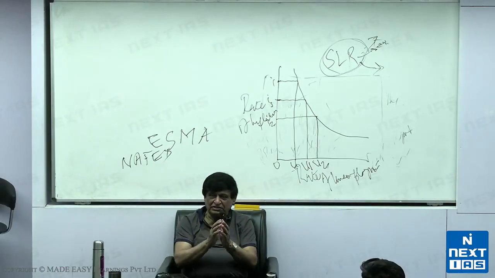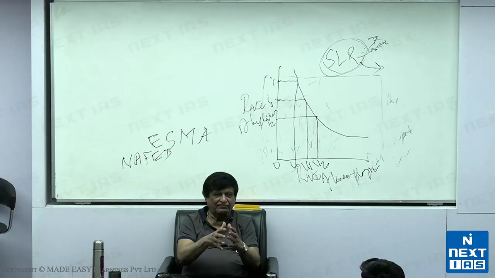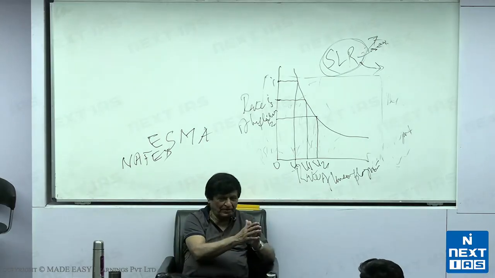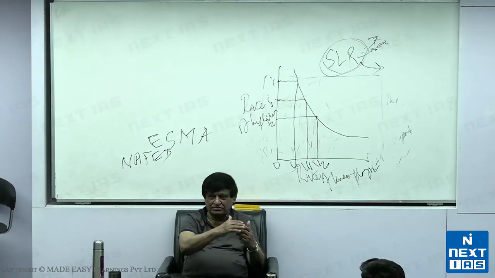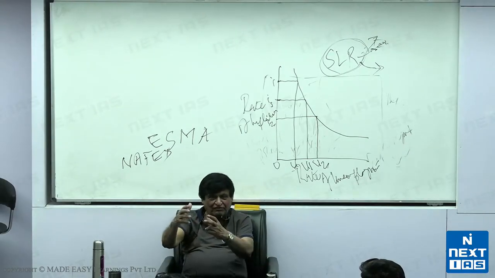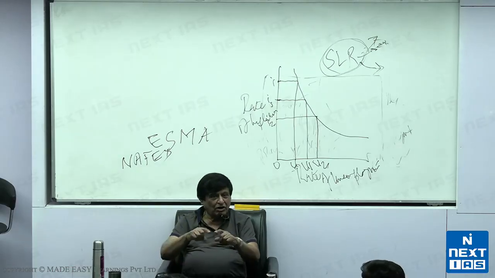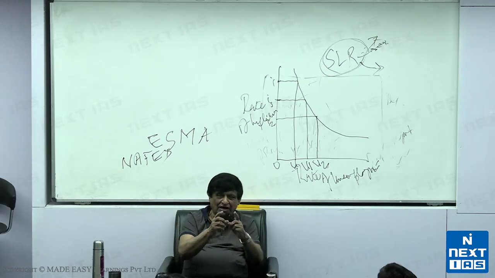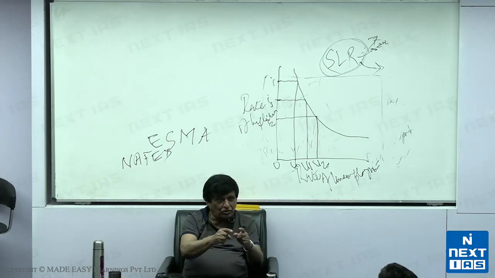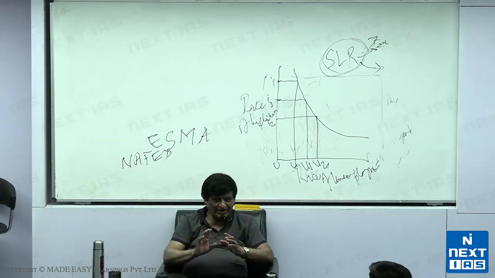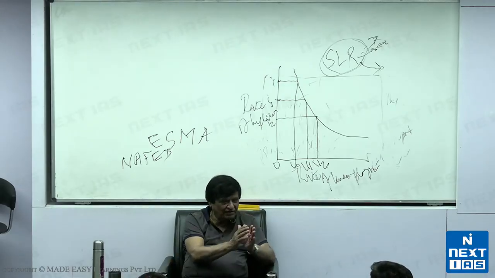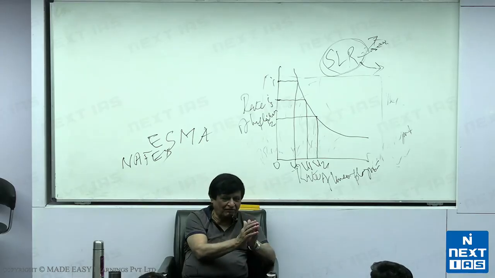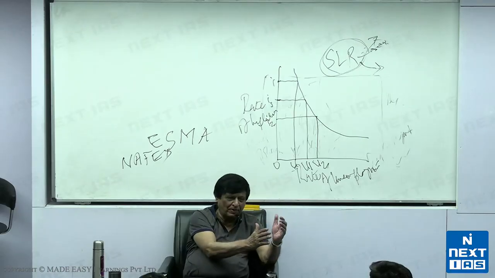Because inflation has a built-in incentive for producers to produce more. At the same time, up to a certain rate of inflation, it doesn't hurt demand. Beyond a certain rate of inflation, it hurts both demand and supply, because producers are not able to pass on that high cost to consumers. So he was trying to tell us, A, that there is a positive correlation between inflation and growth. High rate of inflation means high growth, which means producers will employ more workers.